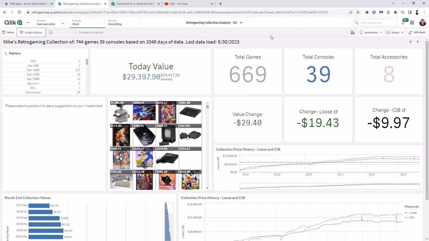So the first example I'm going to use is a simple integration of OpenAI with the Completions API to send a prompt asking for sentiment analysis. If I'm analyzing data, I might want to understand what people are saying about a particular product because I need to make a decision. A quick example might be: I'm getting tired of a particular item in my collection. I want to sell it. Should I sell it? Should I keep it? Very simple example. So I'm just going to navigate to the different items in my collection, and I'm going to